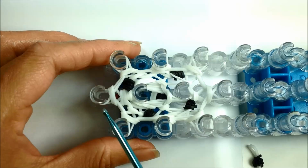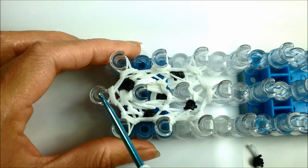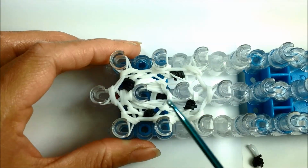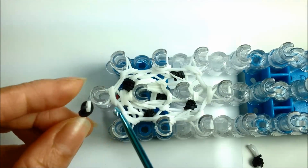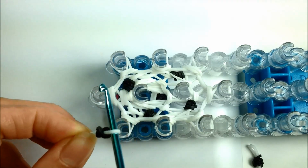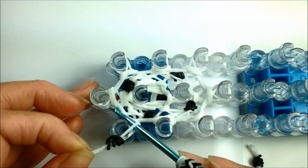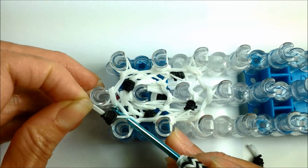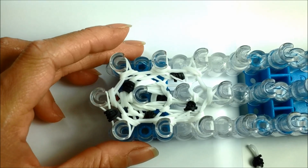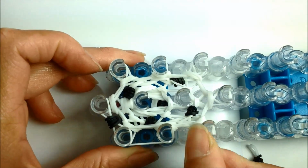For row number 5, we are going to add the bands with the black color, and this time we're going to add it between the 2 pegs that we didn't do the last time. So for our first one, the last time we put it from the first right to the center first, and this time we'll do it from the first left to the center first. Then we'll put a single band here,